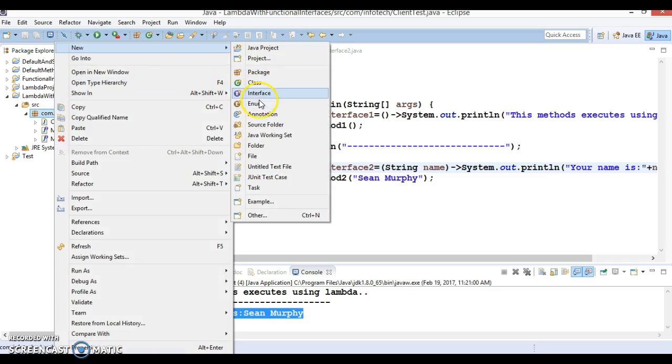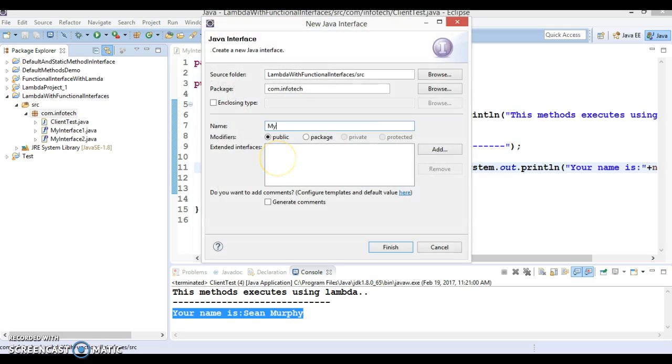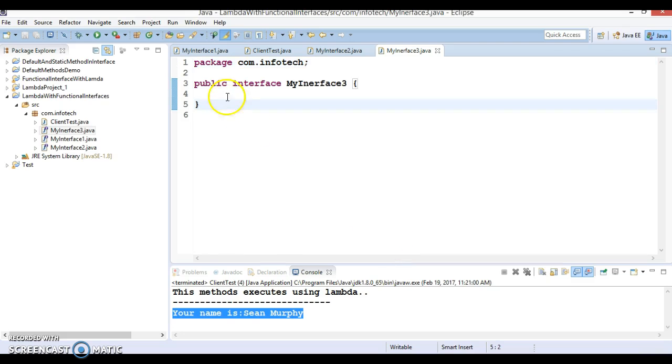I'll call it MyInterface3, and in this interface I'm going to declare a method with void return type, method3, and this one will take two parameters. First is the name and second is the age. So this is our third functional interface.